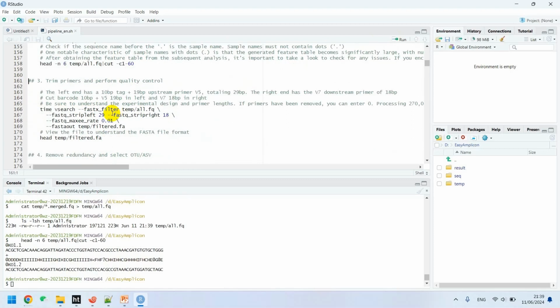In trim primer and perform quality control, amplicon sequencing uses primers to target specific region of the DNA molecule for amplification. These primers are artificial sequences, not part of the actual target region. Trimming removes the primer sequence from the beginning, like from left and right of the reads. The sequencing machine might introduce error during the reading process. So quality control aims to identify and potentially remove low quality portions of the reads to improve the accuracy of downstream analysis. So we will use this through research,